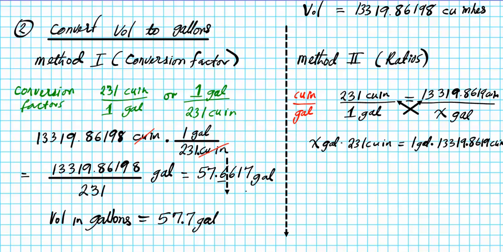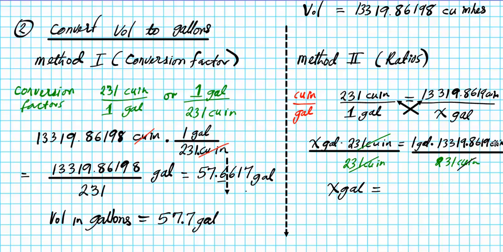X gallons, so what are we going to do? We're just going to divide both sides by 231 cubic inches, right? Now we're solving an algebraic equation, so divide both sides by 231 cubic inches, and here 231 cubic inches. And then this divides out. You have x gallons